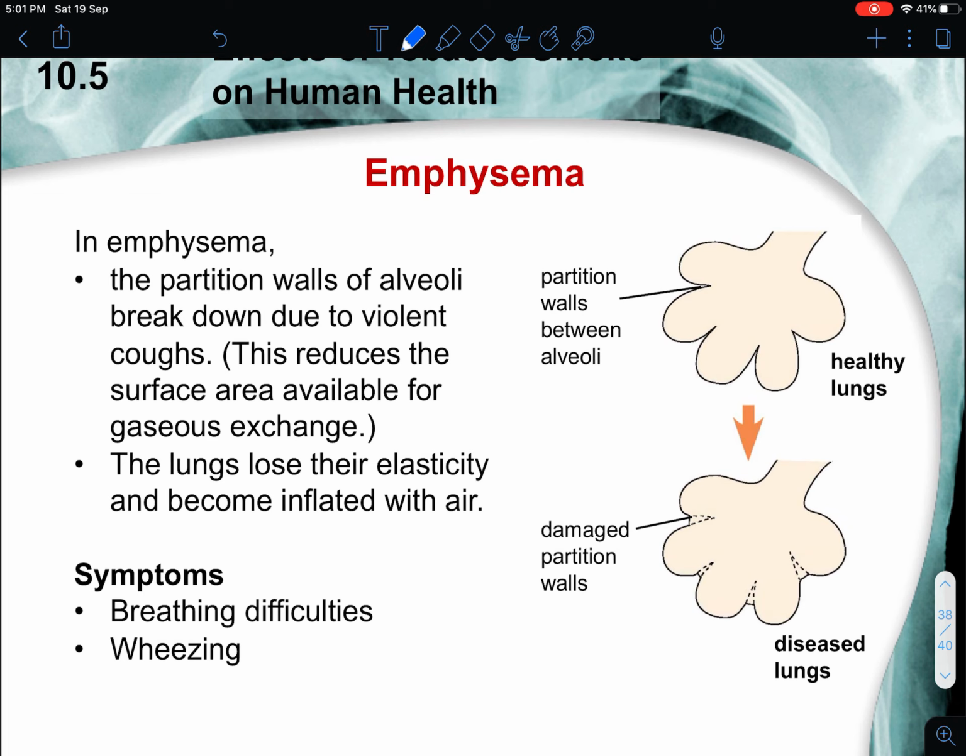Emphysema, on the other hand, is where the partial walls of your alveoli tend to break down due to the violent coughing. So after chronic bronchitis, you tend to have a lot of cough. This violent cough will rupture the walls of your alveoli, reducing the surface area to volume ratio to allow gaseous exchange. The lungs will also lose their elasticity and cannot be inflated with air, meaning the lungs will not be able to take in more oxygen or more air. So what are some difficulties? You have a lot of difficulty in breathing and